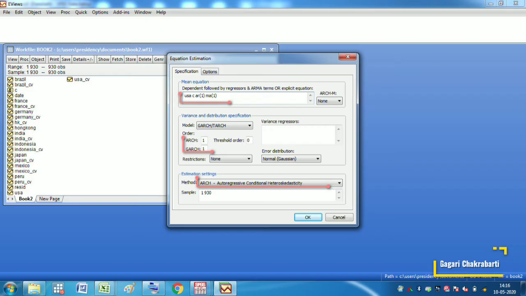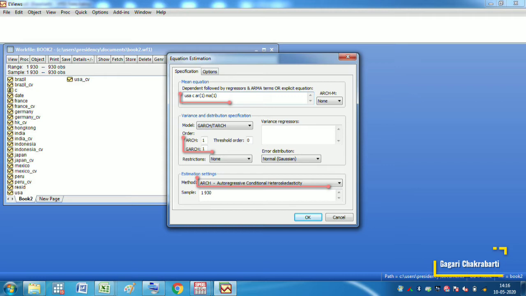For calculating the conditional SD, I have exported the data to eViews. Conditional variance has been calculated for each of the 10 markets. Now let me show the process for one particular market, say for the US market. I am using a GARCH 1-1 model. The threshold order is taken to be 0. However, its value may be changed so that we may incorporate the asymmetric response to the volatility changes.